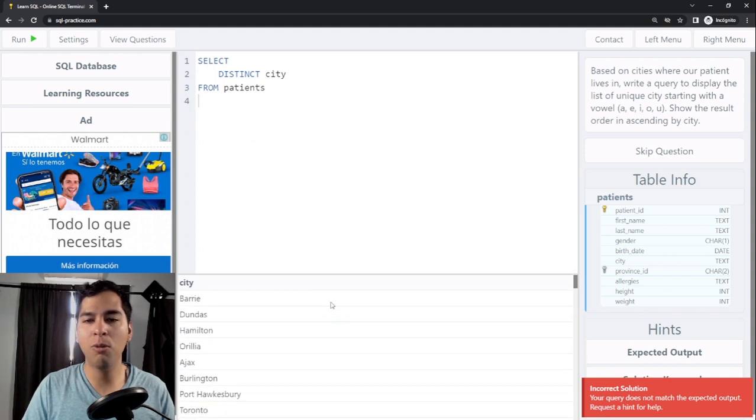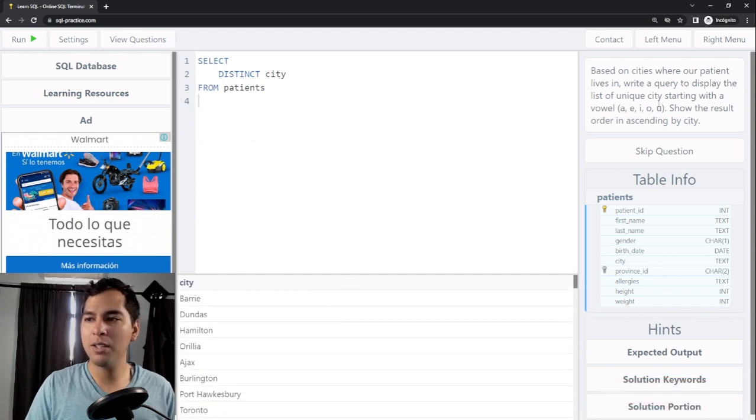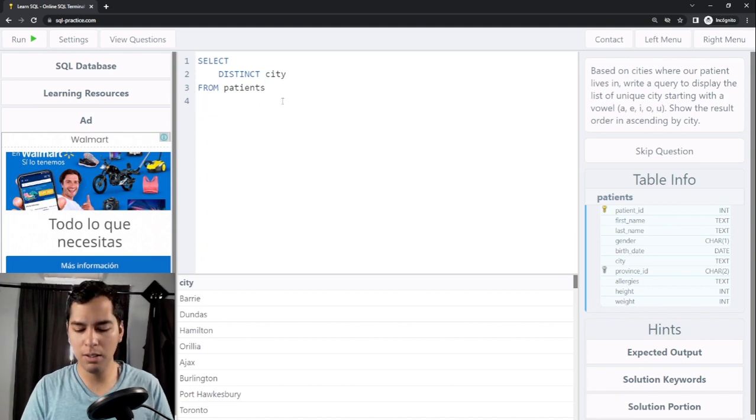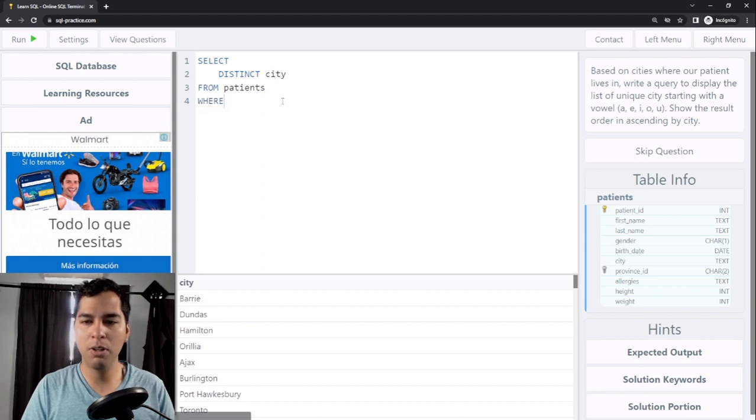But we only want the cities that start with the letter A, the letter E, the letter I, the letter O, or the letter U. So how are we going to do that? So we need the where clause to filter, and we need to say where city